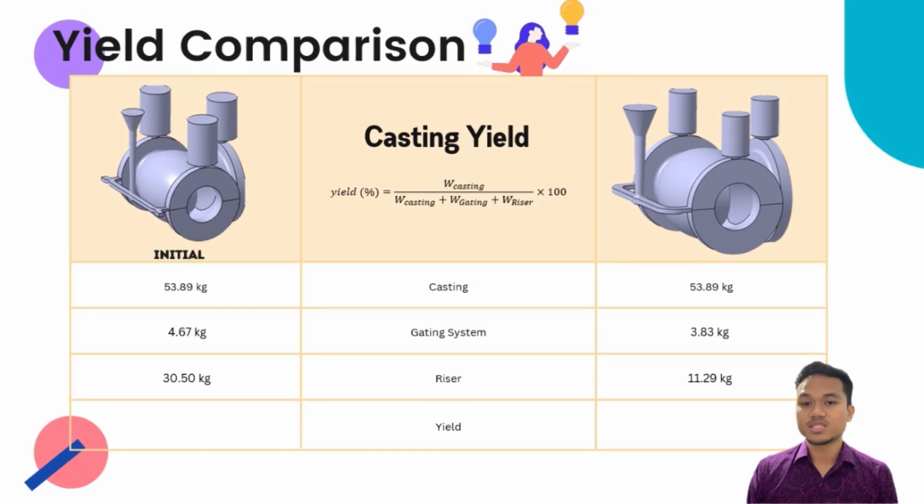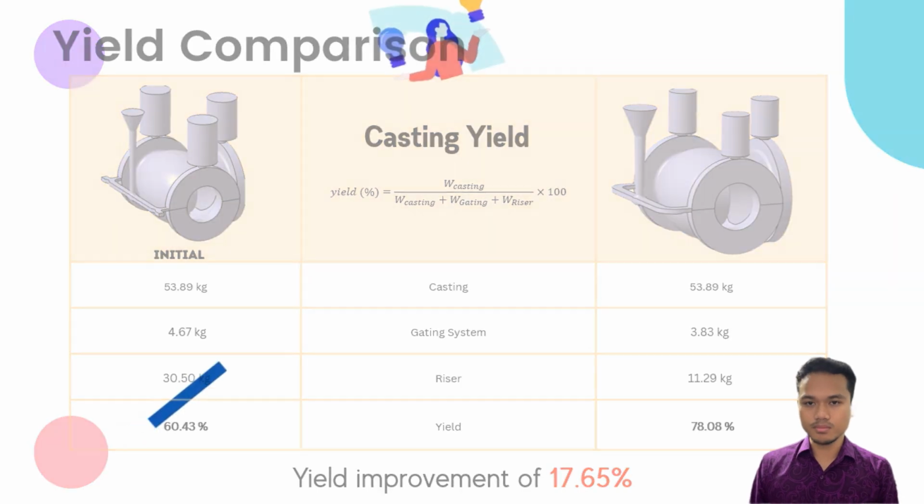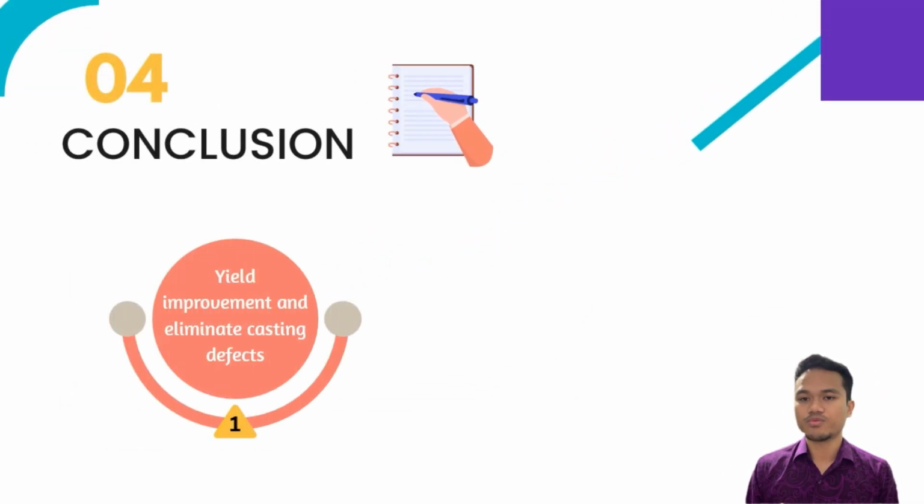For the risering system, I managed to reduce the riser's volume by 19.21 kilos, which is about 63% from the initial model. I achieved this by optimizing the Chvorinov's method. Therefore, I'm able to obtain a yield improvement of 17.65%. So for the conclusion, I'm able to obtain a yield improvement for body globe valve production while eliminating the